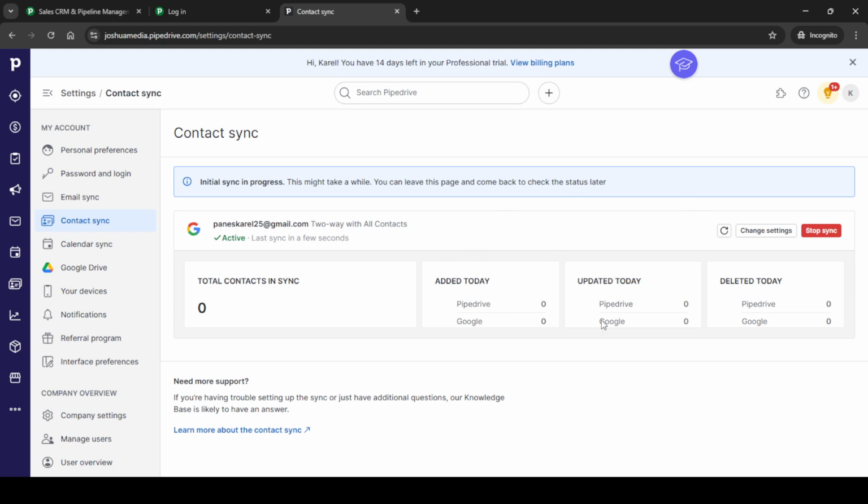A final step involves enabling Contact Sync by clicking on Enable Contact Sync, which will confirm that you are ready to connect and merge your contacts across the platforms. And there you have it. In just a few minutes, you've successfully